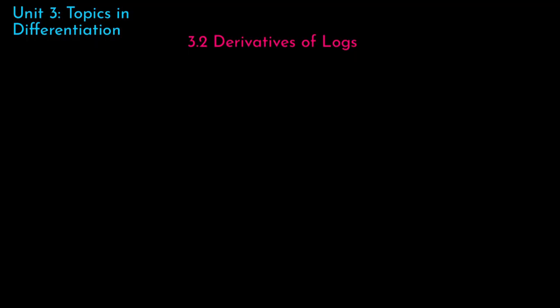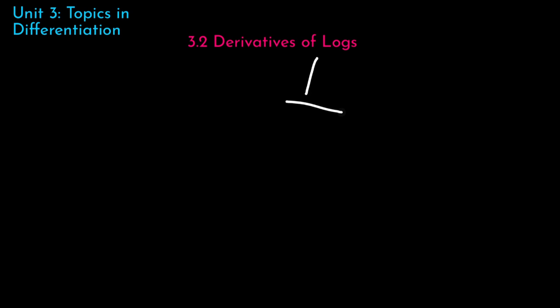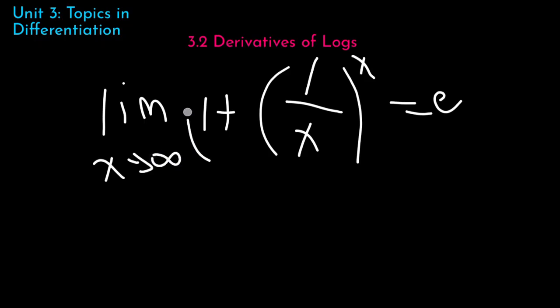So if we have a function and it looks something like this, 1 over x to the x, 1 plus this, and this equals e. And we're going to take the limit of this function. So if we have the limit of this function going to infinity, and we evaluate this limit,